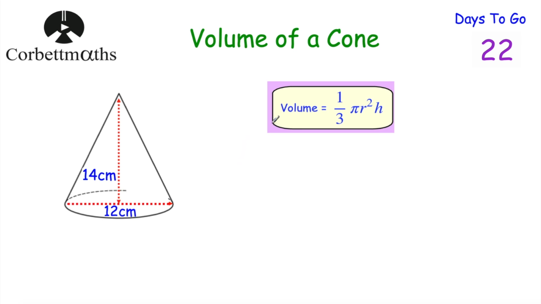The volume is equal to a third multiplied by pi multiplied by the radius of the base squared, multiplied by the height. Now the diameter of the base is equal to 12, so the radius would be equal to 6 centimeters, halfway across, so that would be 6 squared multiplied by the height of the cone, which is 14. Now in a calculator question, this is great. We could just do a third multiplied by pi multiplied by 6 squared multiplied by 14, and if you do that, you get an answer of 168 pi,